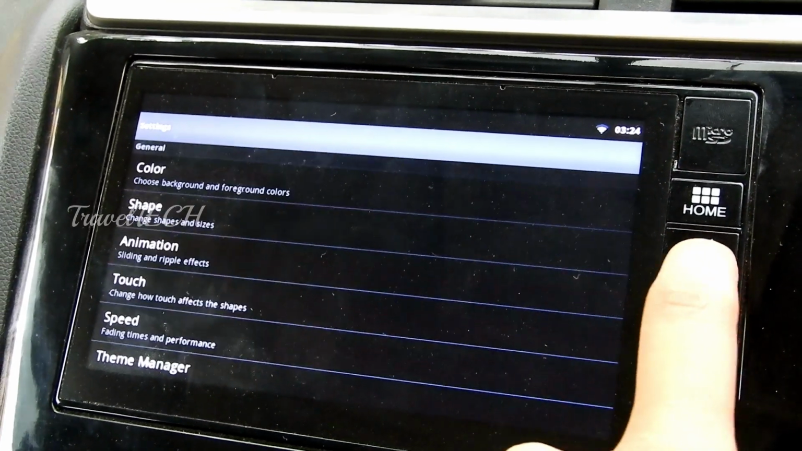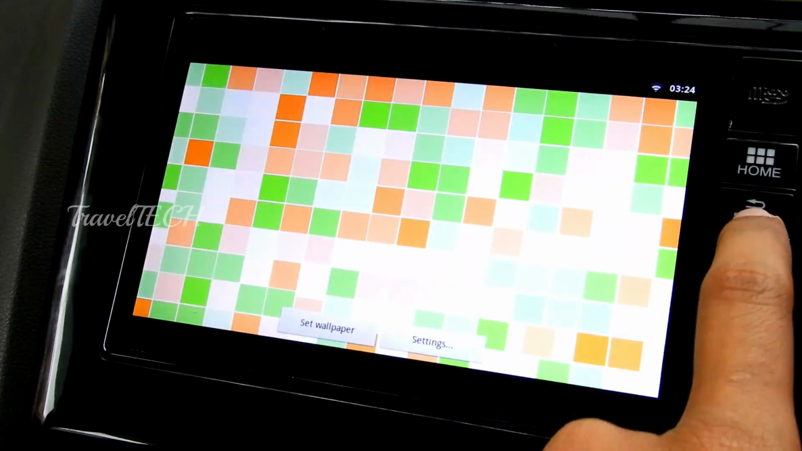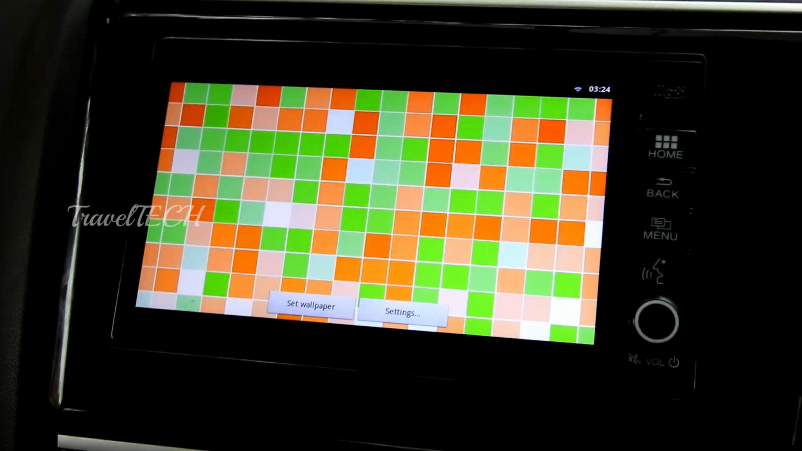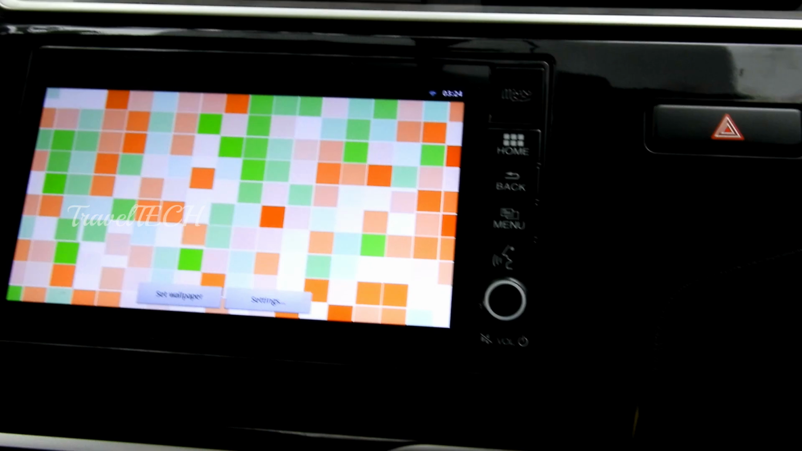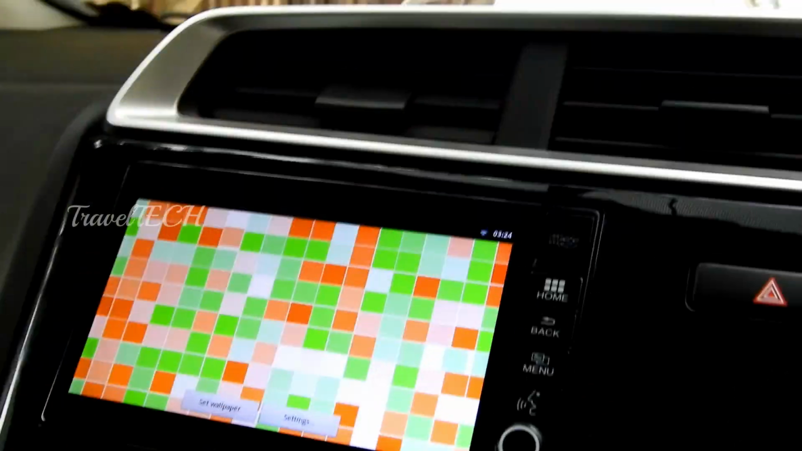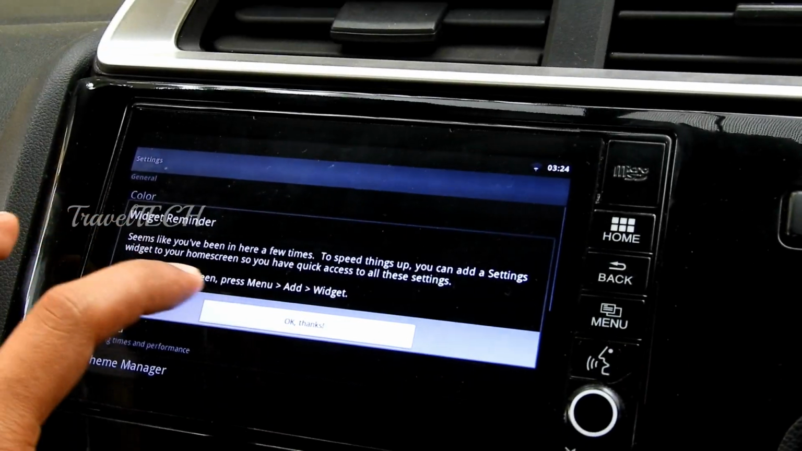Now I have selected the white color as a background, and as you can see, the background has turned white, and there's an orange color and there's a green color. So in this way, there are various customization options. You can select up to 4 colors, and of course you can select a background color, and however you like, you can change the color settings and